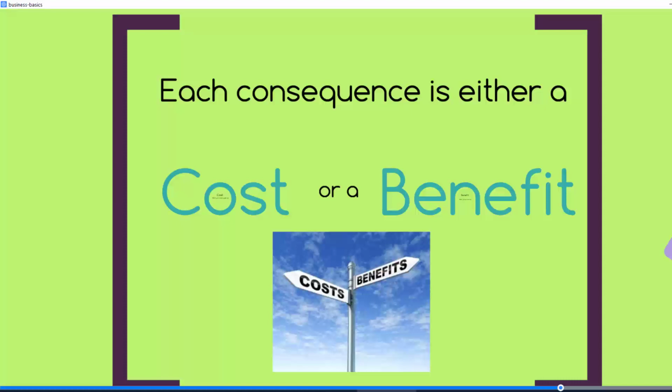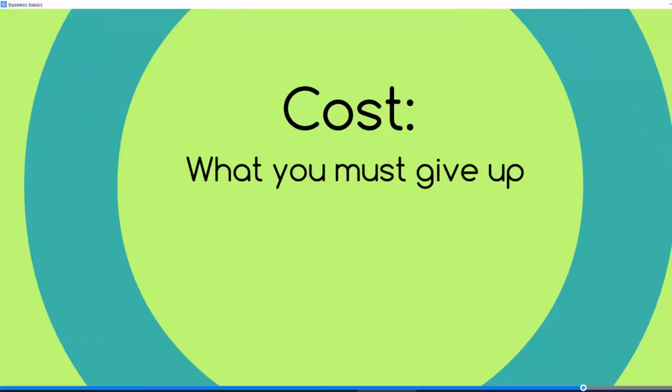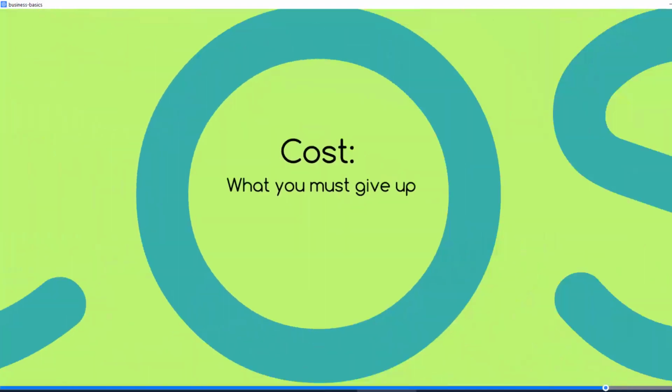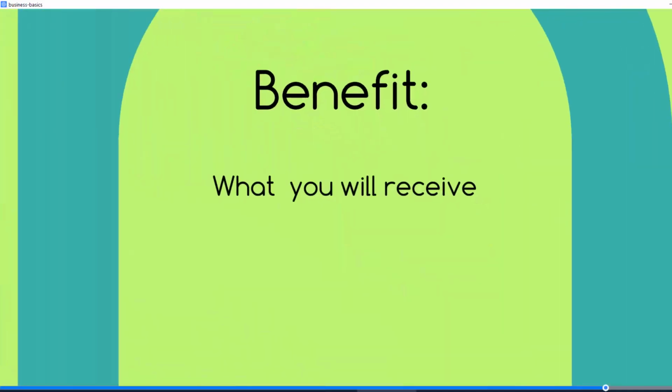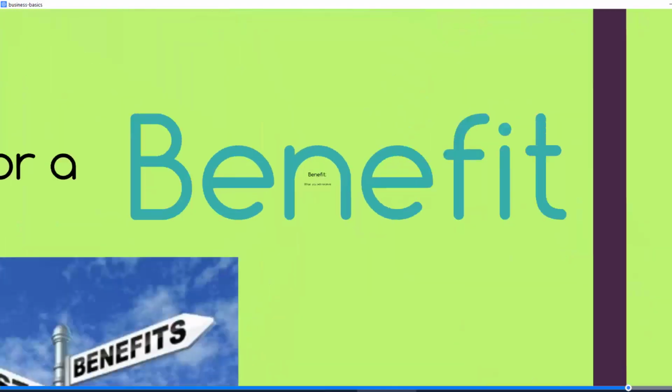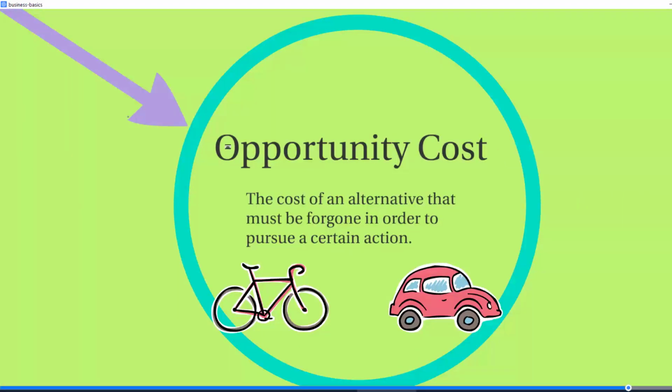That's why a 12-year-old will ride their bike off the edge of a roof onto a trampoline thinking it's a great idea, but a 40-year-old is like, yeah, I've lived long enough to know that's a bad idea. So you're supposed to, as you get older, it doesn't always happen, but you get better at recognizing what costs are worth the benefit. A cost is what you have to give up, and a benefit is what you will receive. So again, weighing costs and benefits is something valuable that we need to do as individuals, but also as a